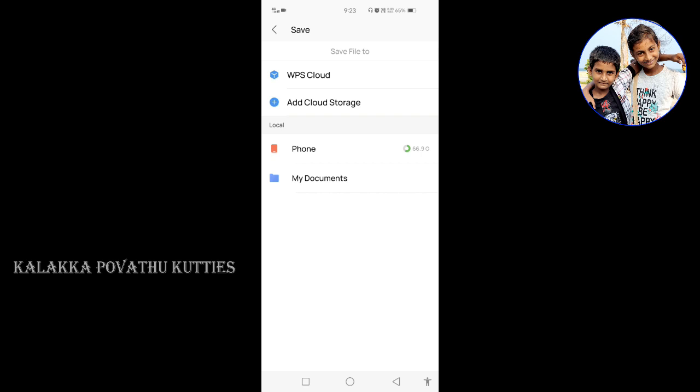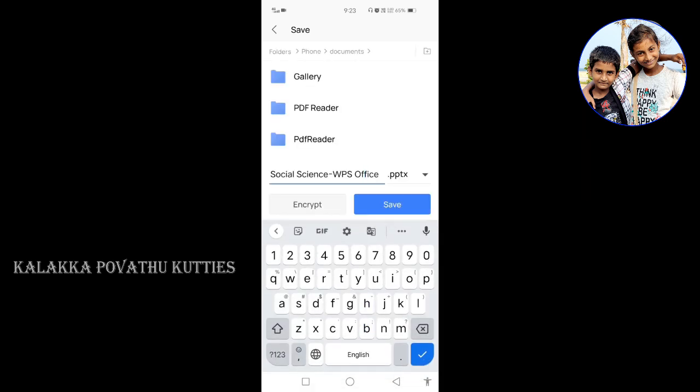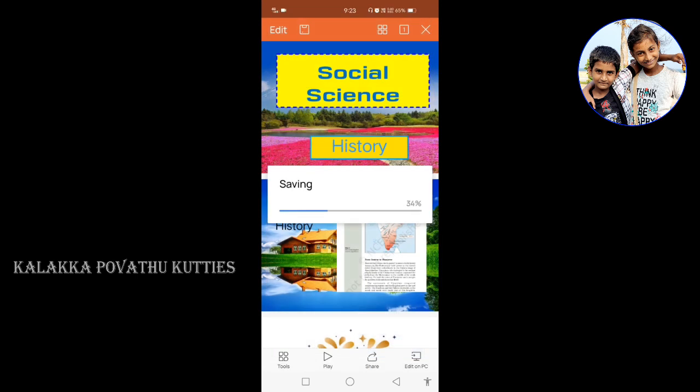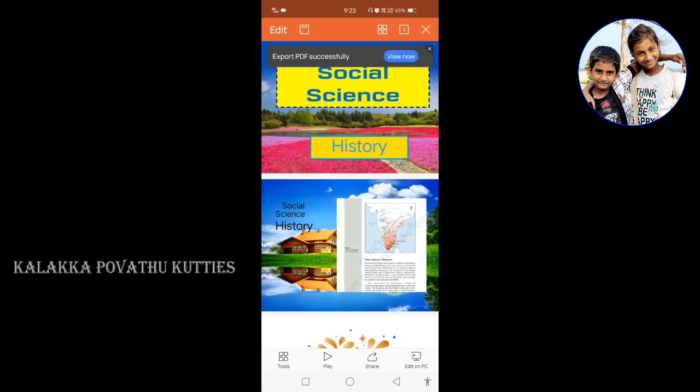I am going to choose a location where I want it saved. I am going to give My Documents, and it will be saved. See here, it has been given as WPS Office Social Science. We want to give it as PDF and export to PDF. See here, saving, it has been saved.